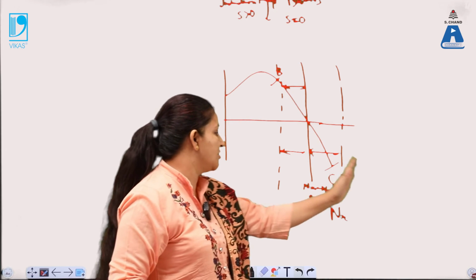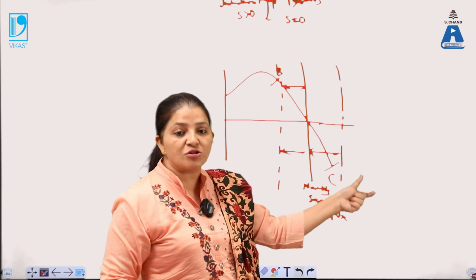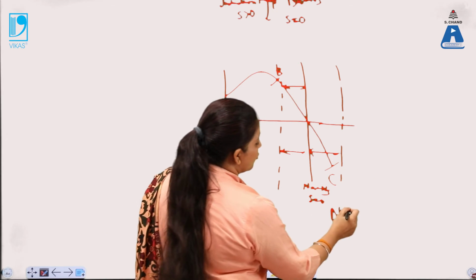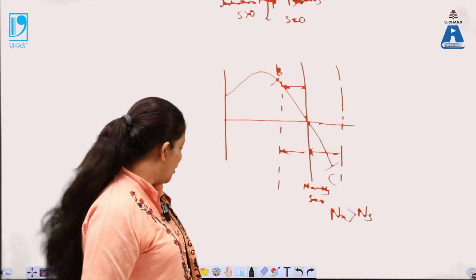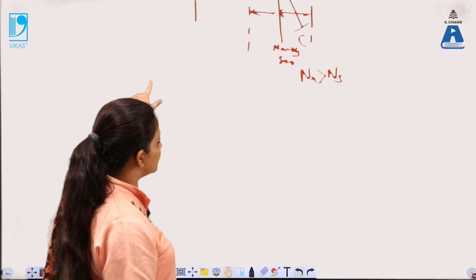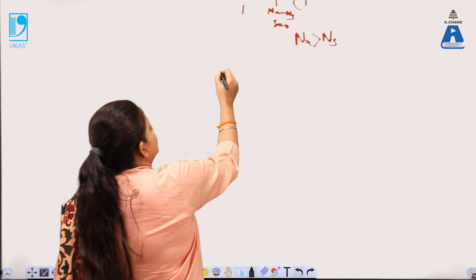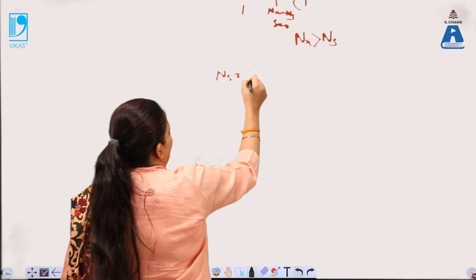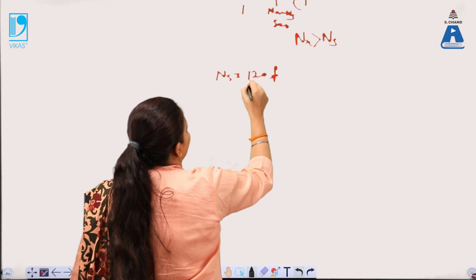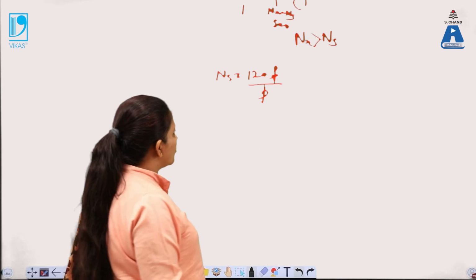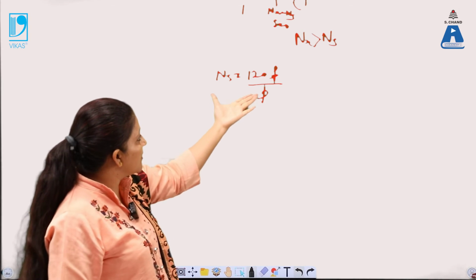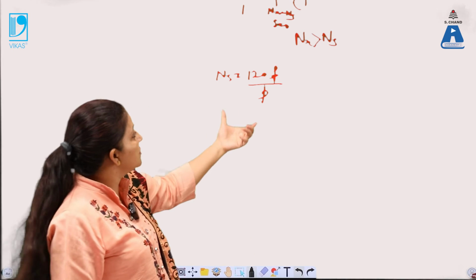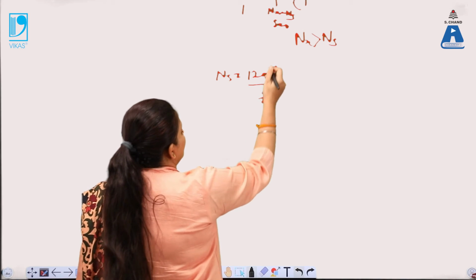Now in this region NR is more than NS, means the rotor speed is more than the synchronous speed. Now what is the value of synchronous speed over here? Here the synchronous speed is 120 F upon P. Means the rotor speed is more than this synchronous speed. How can that value be attained? So this can be attained by basically,